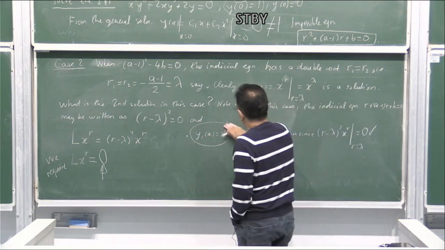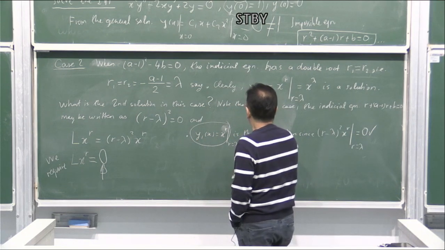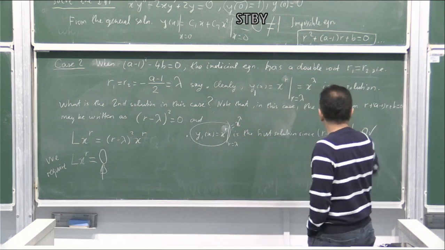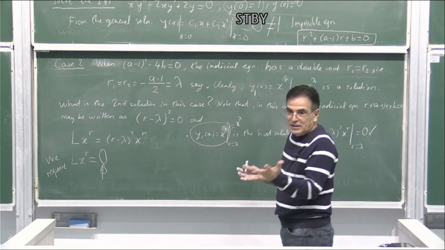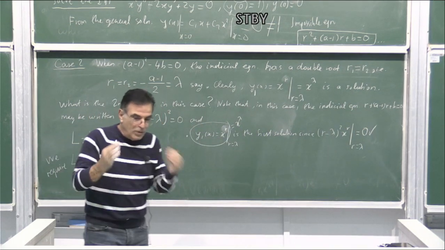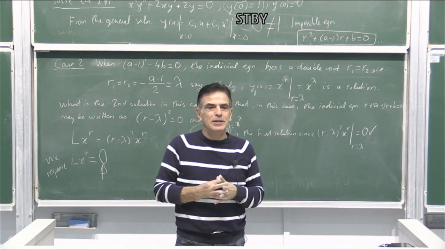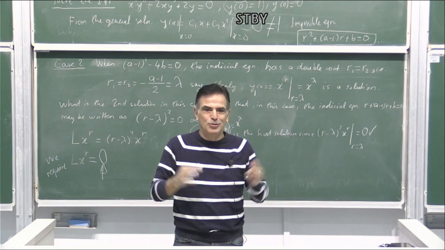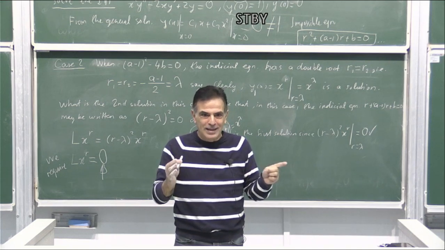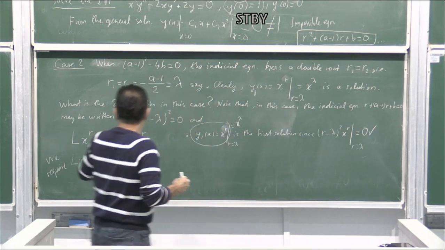Or perhaps it is better to write x^r when r is lambda. So x^lambda is a solution. So what about the second solution? To find the second solution, we use the idea we used previously in proving the solutions corresponding to an equation with constant coefficient when the characteristic equation has repeated roots. Okay? So look,